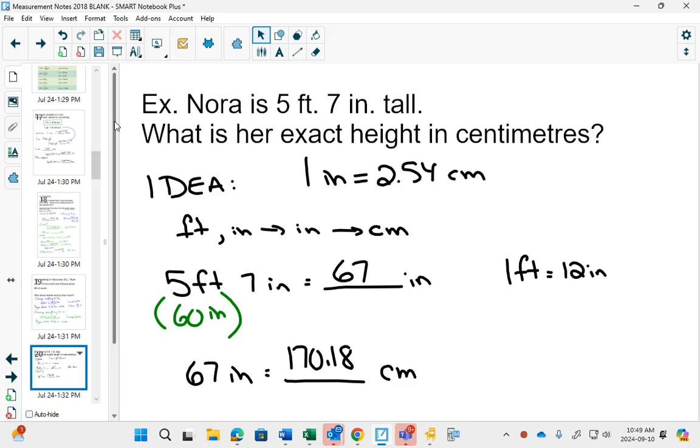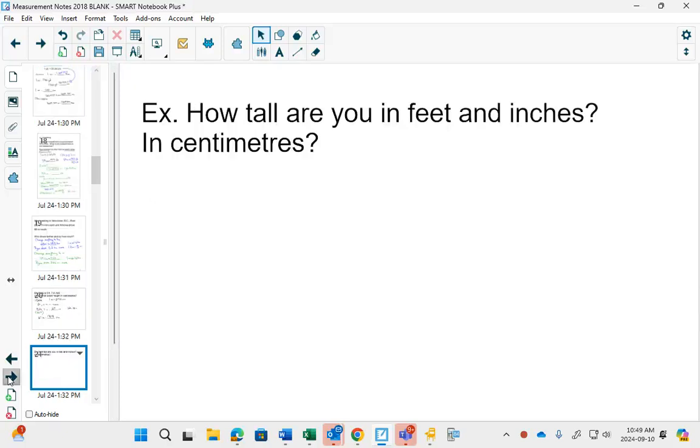So now I have a question for you to try on your own height. How tall are you in feet and inches? How tall are you in centimeters? You probably know one of them. Whichever one you know, you have to figure out the other one. If you don't know either of them,